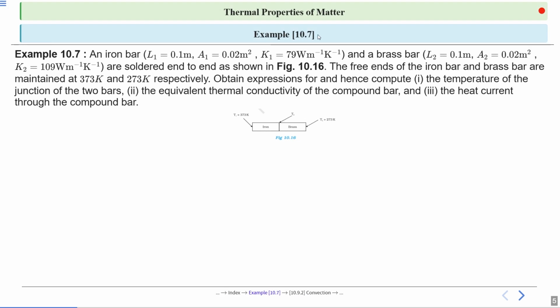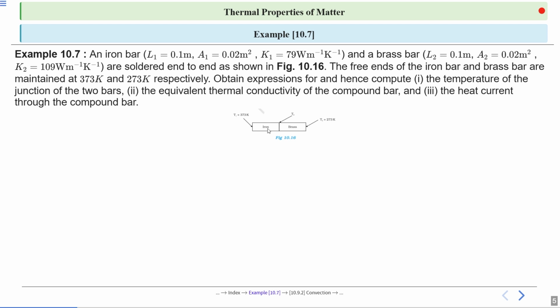So example 10.7. Question is, an iron bar, length L1 is equal to 0.1 meter, area A1 is equal to 0.02 meter square, and thermal conductivity K1 is equal to 79 watt per meter per Kelvin. Similarly, for brass bar, L2 length is 0.1 meter, area A2 is equal to 0.02 meter square, and thermal conductivity K2 is equal to 109 watt per meter per Kelvin, are soldered end to end as shown in the figure